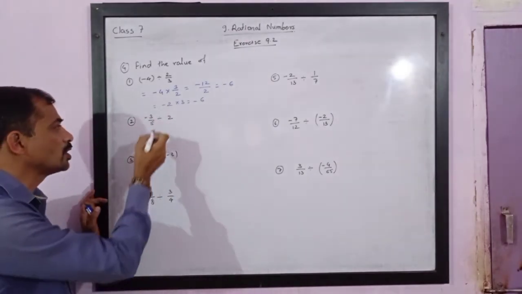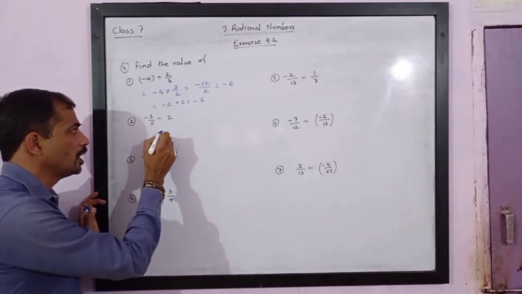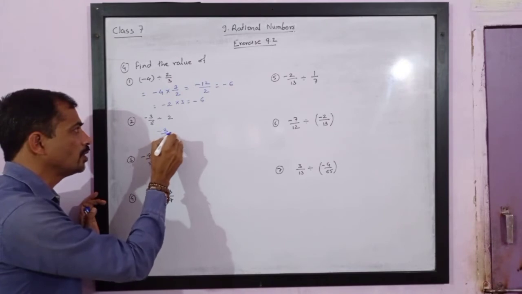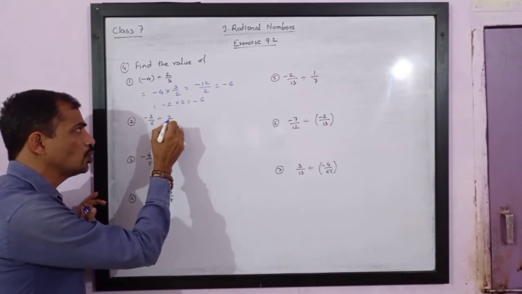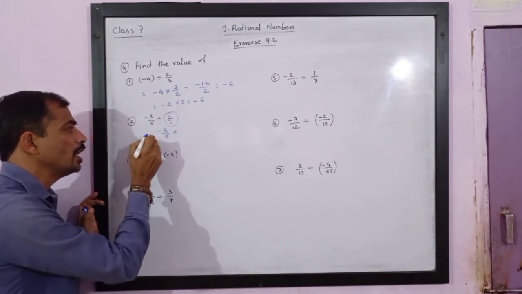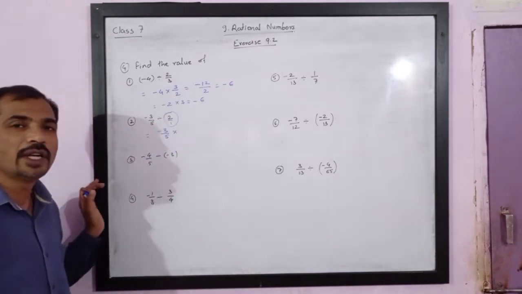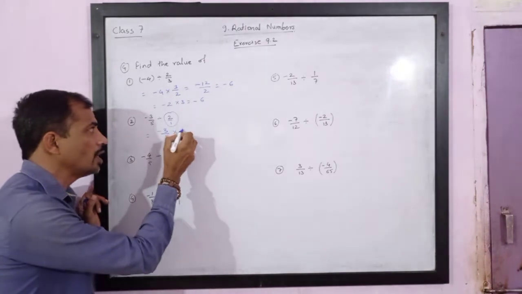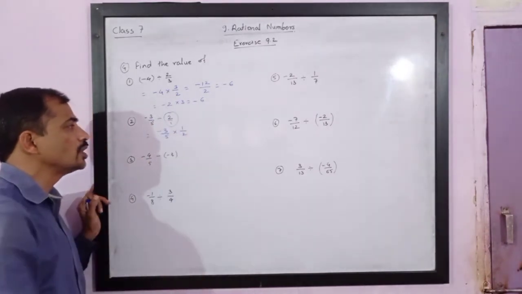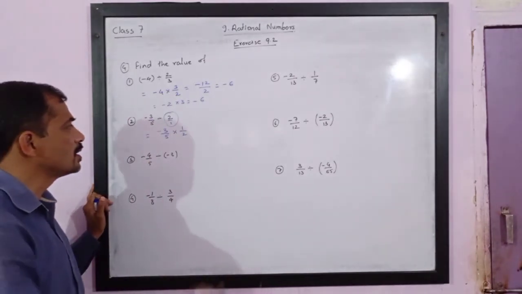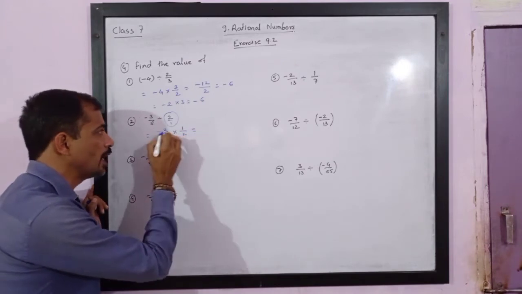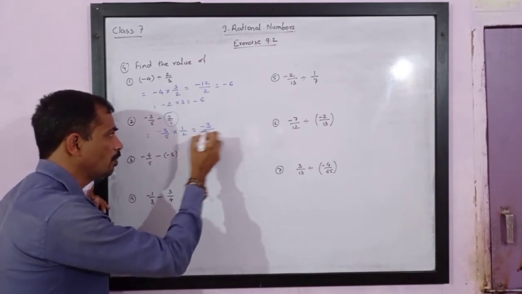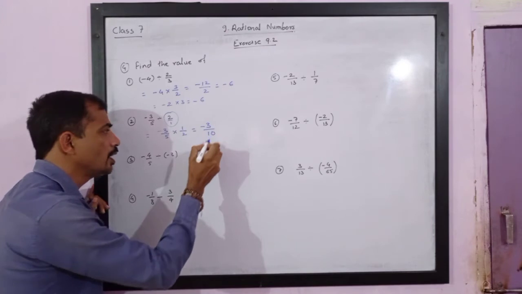So here next question is negative 3 upon 5 multiplied by, this is 2 upon 1. Please note, hidden 1 denominator exists to every integer. So 2 upon 1 will become 1 upon 2. Reciprocal of 2 is 1 upon 2. Hence, if you do the multiplication, you will get 3 ones are 3, negative 3 upon 5 twos are 10.